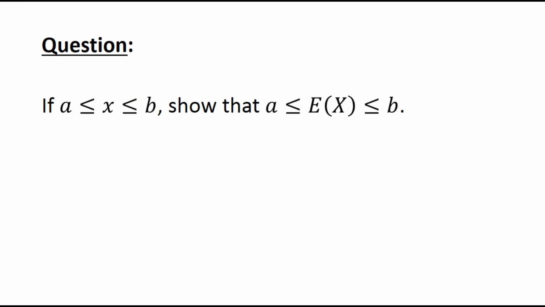Next question is, if a less than or equal to x less than or equal to b, then show that a less than or equal to expected value of x less than or equal to b. So we have been given a less than or equal to x less than or equal to b. In the next step we will write